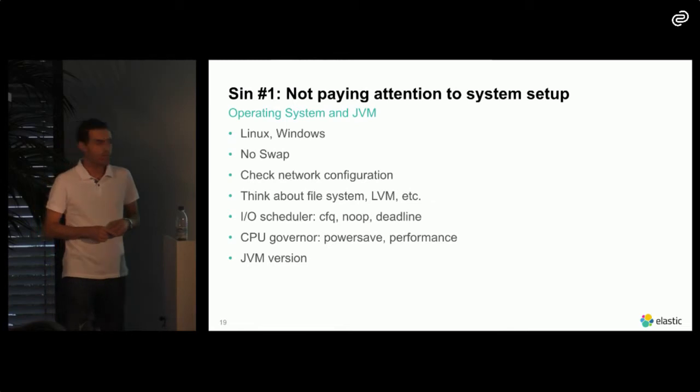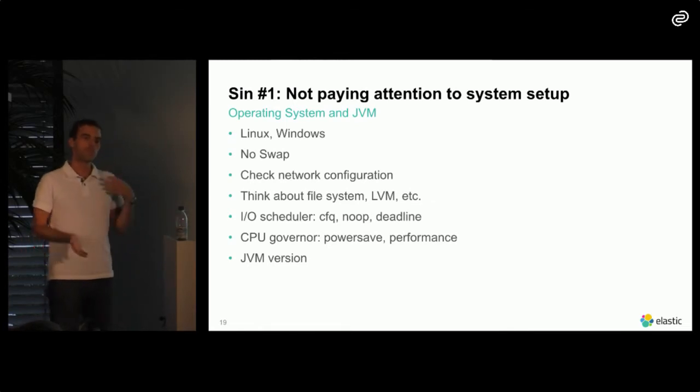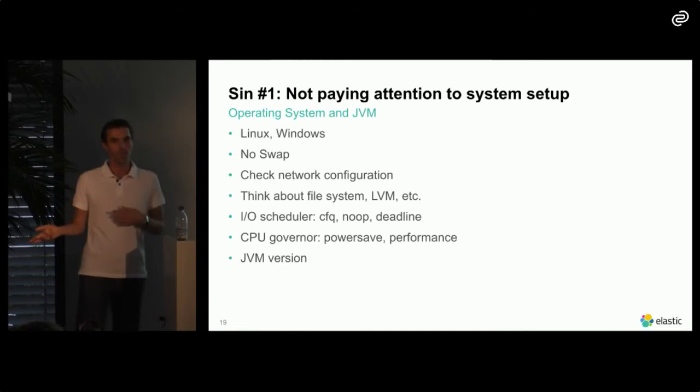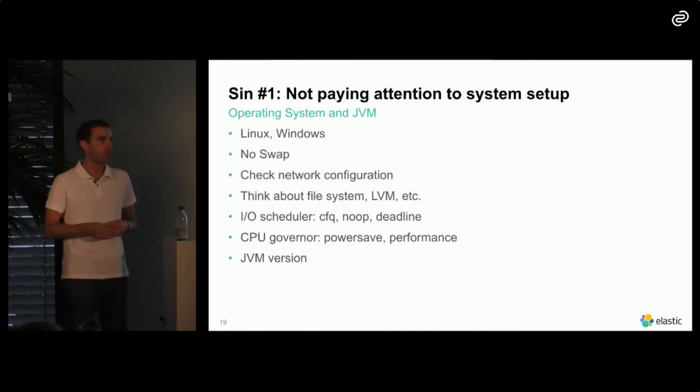So, but the list goes on. Do you benchmark on Linux, on Windows? Did you disable swap? Did you check your network configuration? Do you have any bottlenecks there? Which file system do you use? Which I/O scheduler do you use? Which CPU governor do you use? For example, by default,